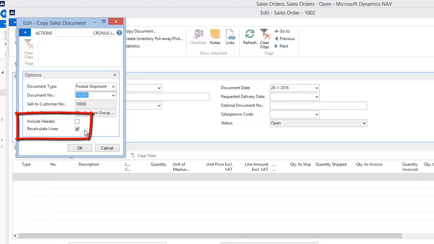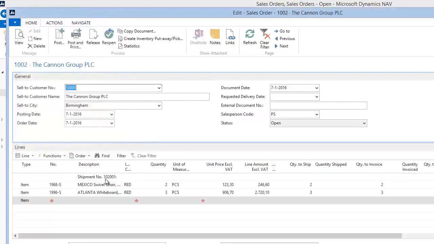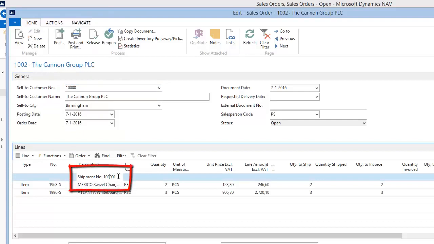The options we have are to include the header, which is useful if we want to copy the shipment information, but can be unuseful since it will also copy dates. We can recalculate the lines if we want NAV to calculate prices based on the current pricing, or we can just leave the option blank if we want to use the pricing from the old document. We can see that the document has been copied and is a copy of the shipment number